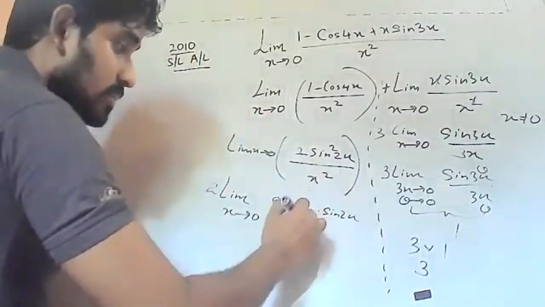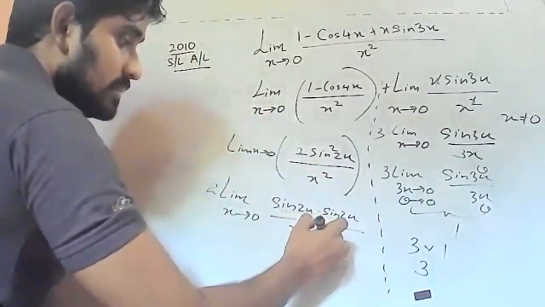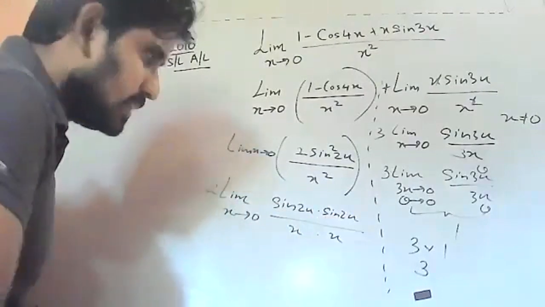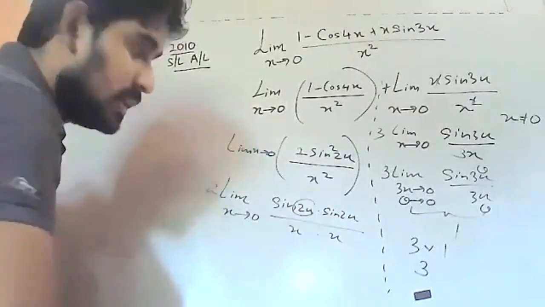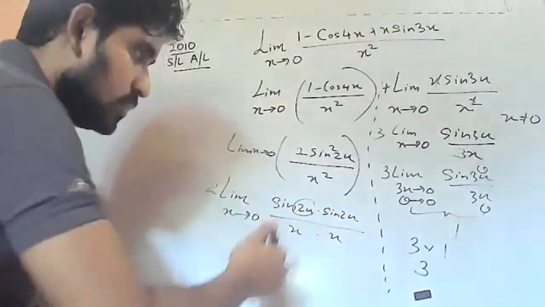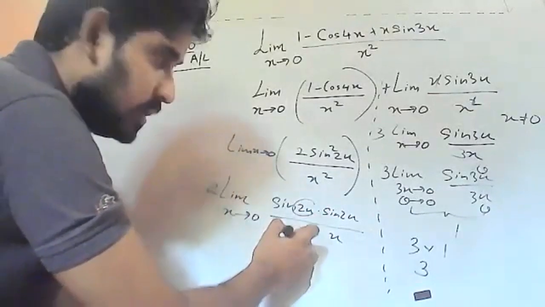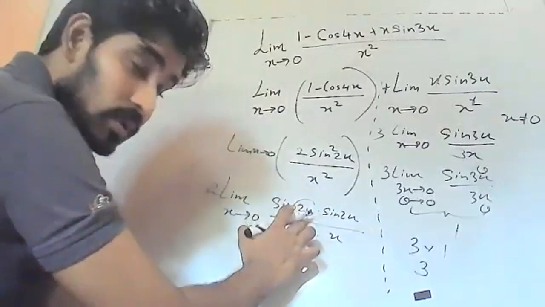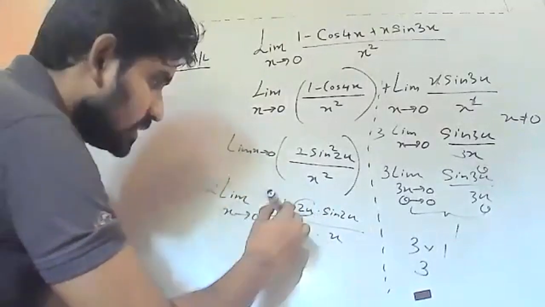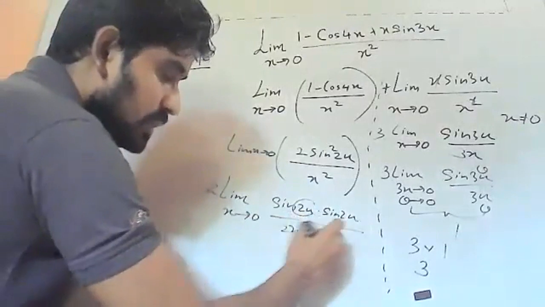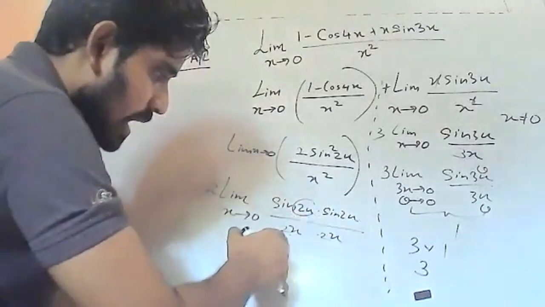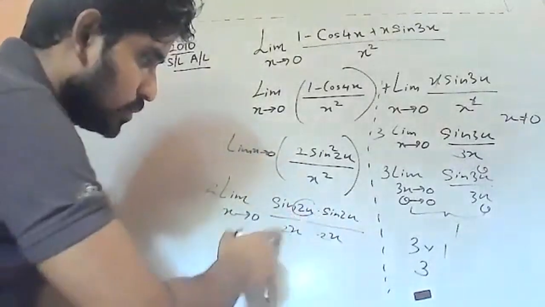Here you have x squared, no problem. You can put x times x. But now see here the angle is 2x, but here it is x. So you cannot deal by considering x. You cannot deal like that. If the angle is 2x, this also must be 2x. So just put 2 there. That means you have included 2 into 2, 4.